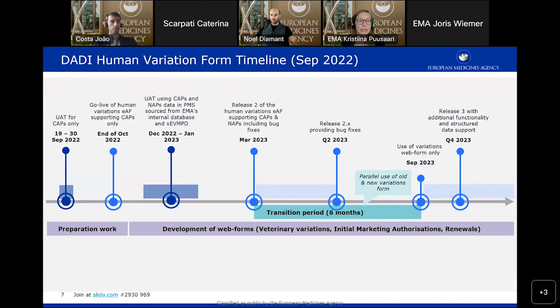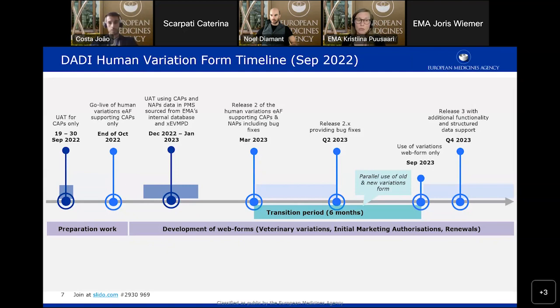So here is our September timeline. You may notice that there's a slight difference to the one that we presented in July. So now the UAT for centralized products is postponed by 2 weeks. So we will be starting on the 19th of September and running it as initially planned for 2 weeks.